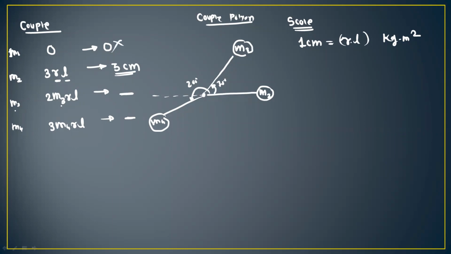Okay, remaining two vectors, that is for mass M3 and M4. We don't have the length of these two vectors. So we will find out these two lengths by observing this angular position diagram. So select the reference point, that is the origin. You can draw the x-axis as a reference axis.